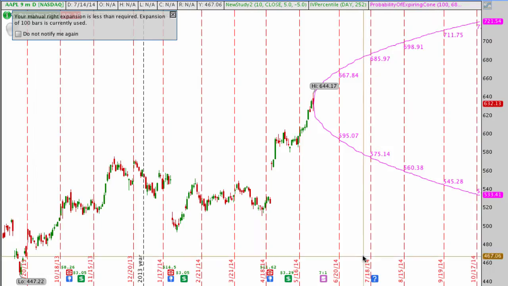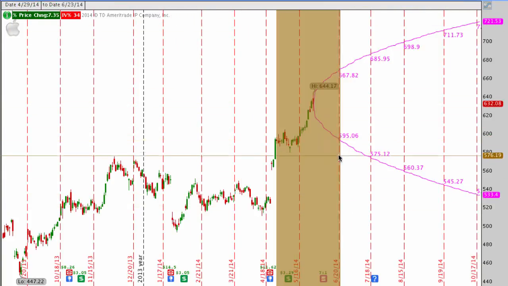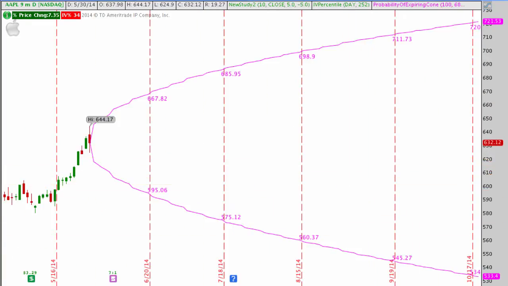I'm just going to apply this to the chart right now, and you can see it here. Now we have this probability cone set up for us on this chart. I'm cutting off a little bit to show you, but this probability chart shows you within a 68% range where Apple might trade 68% of the time between now and all of these different expirations in the future. Remember that these dotted red lines on the charts are all expiration dates in the future: June expiration, July, August, September, etc. So it can vertically show you at what point in the future Apple may or may not trade within that range.